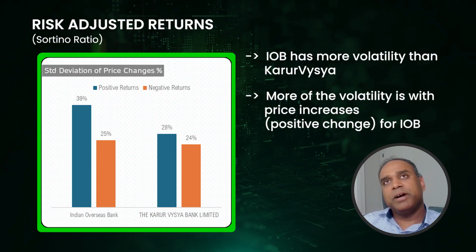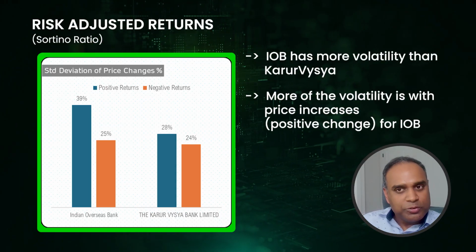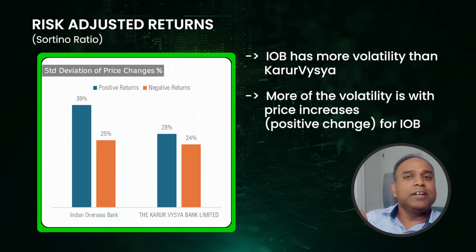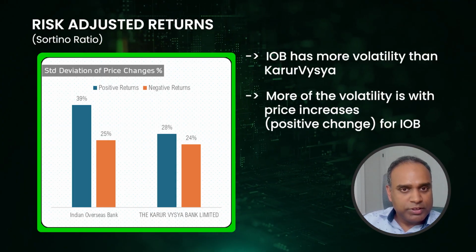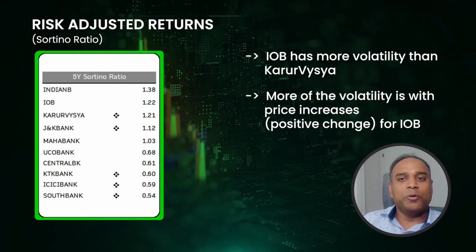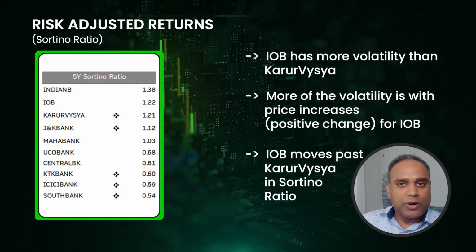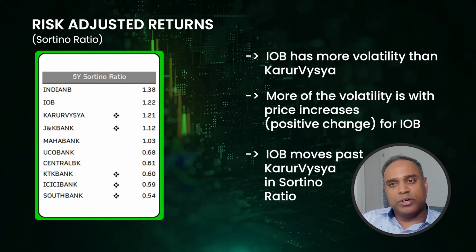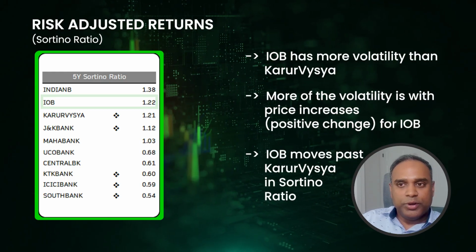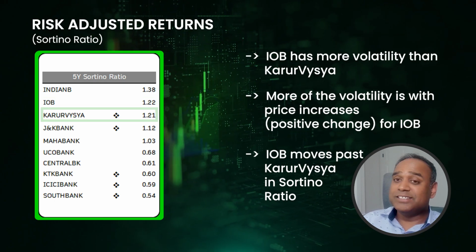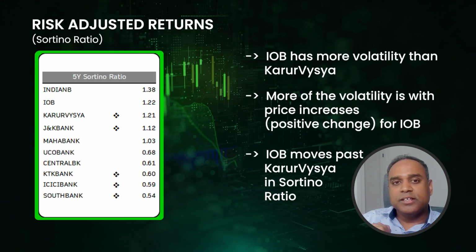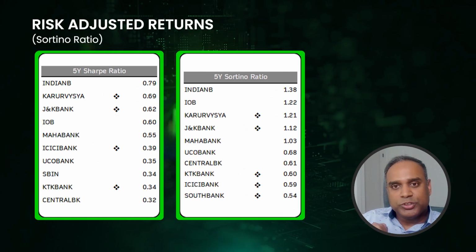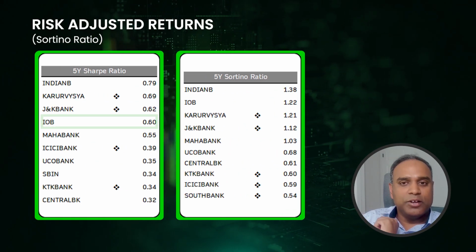So Karur Vysya Bank has more up and down fluctuation, whereas Indian Overseas Bank has more upward fluctuation and less downward fluctuation, which puts the IOB as a better stock in the Sortino ratio. Again, I know that it's 1.22 versus 1.21. It's not substantially different. However, the point here is, if you had used Sharpe ratio, IOB wasn't even in the